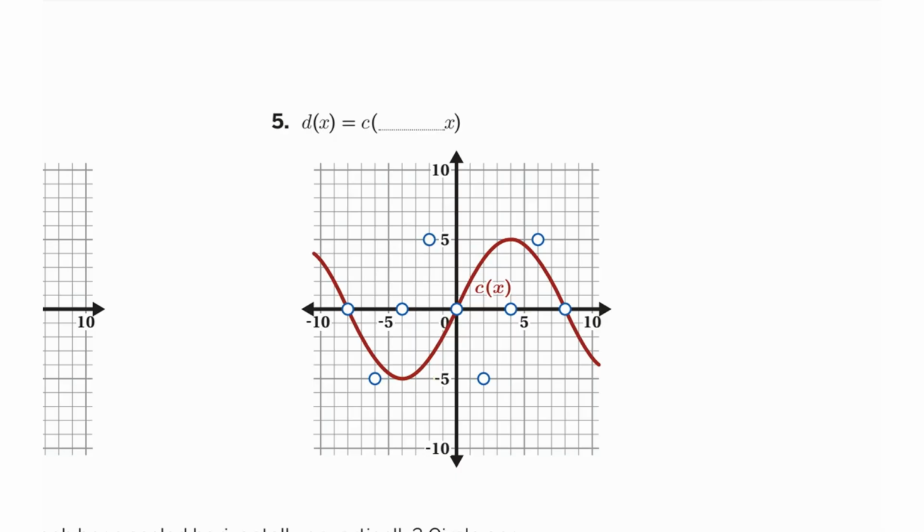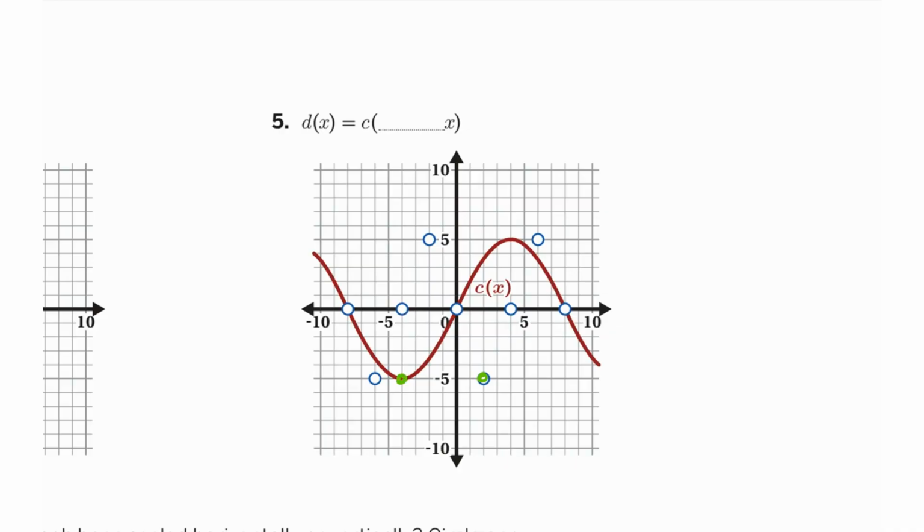So for number 5 here, we got a couple points. I'm going to start with this low point right here. A couple things about this. At first, it may look like I want this to be stretched out and moved over here. But if we were to stretch this, then there would be no point that lands on this spot right here. And so really, what I'm going to do is reflect it to make this point land over on this side, and also compress it, because we can see here